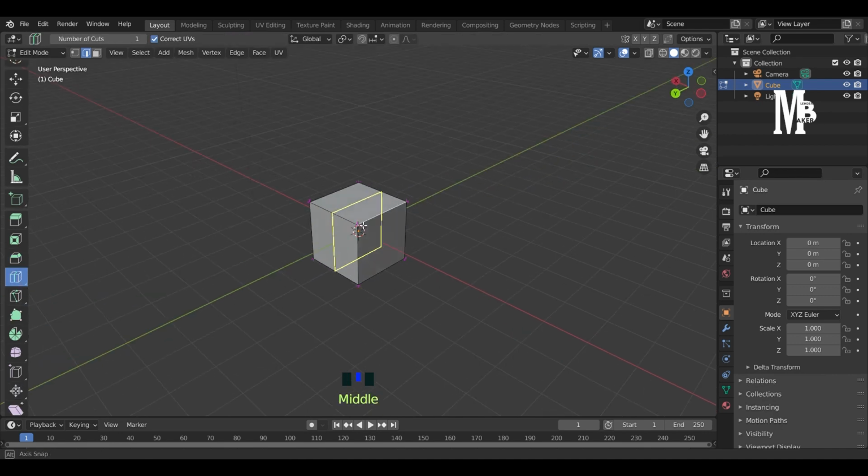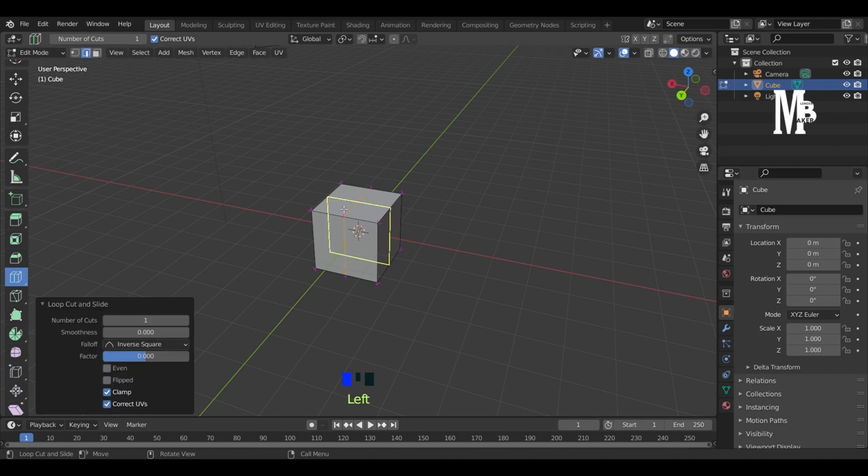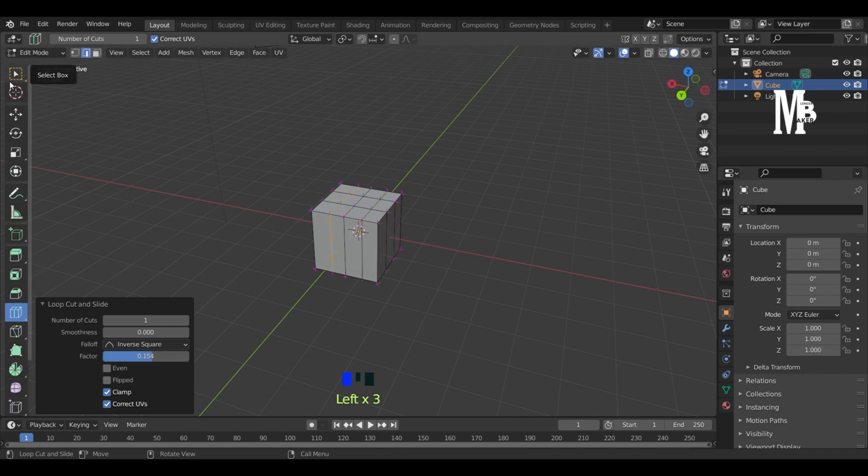Loop cut means just dividing the faces and increasing the faces of that. For example, you can see here there is a yellow box where we can divide the box into two like this. If you left click, you can confirm it. If you hold the left click, you can move where you want. Okay, and like this. In this way you can do multiple faces here, and you can adjust by going them,